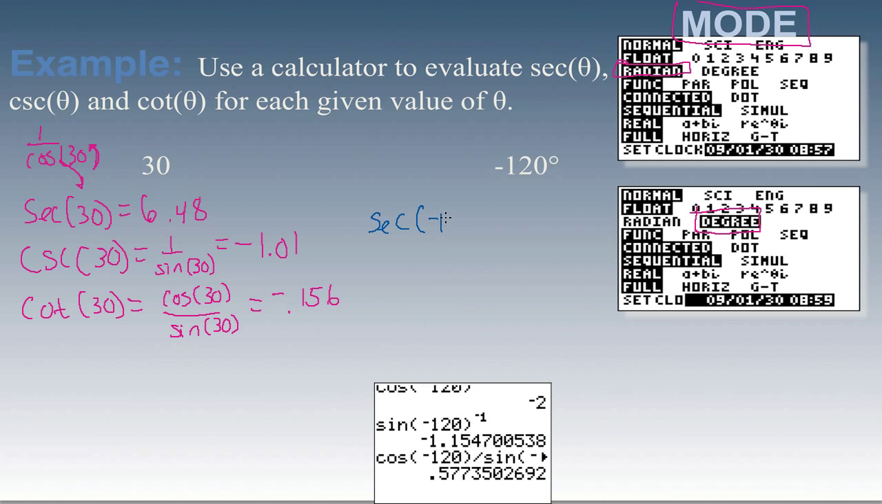Secant of negative 120 degrees, and it's important to put the degree symbol there because that tells us we're not working in radians, we found out was negative 2. Cosecant negative 120 was negative 1.15, and the cotangent of negative 120 was 0.577. So that's it. That's how to evaluate trig functions, sine, cosine, any of the other 6,